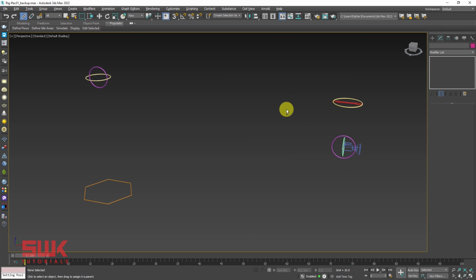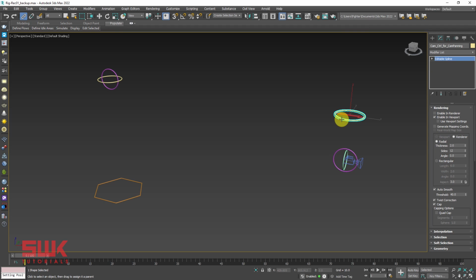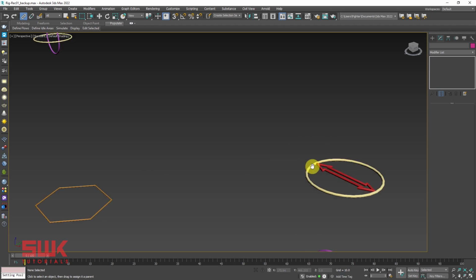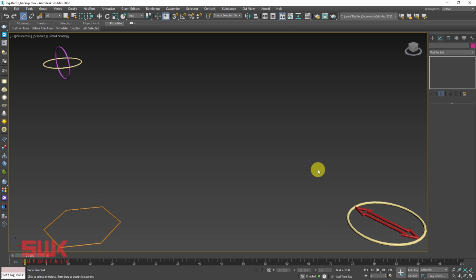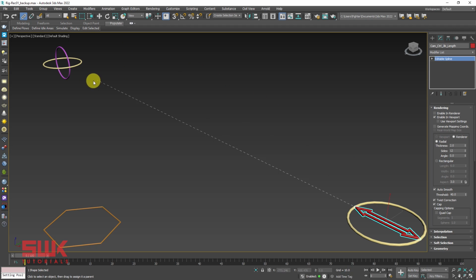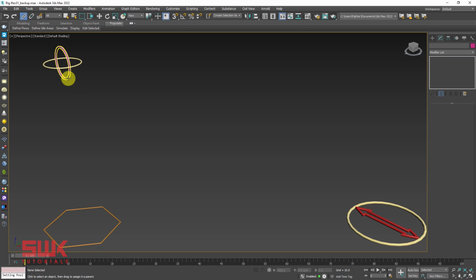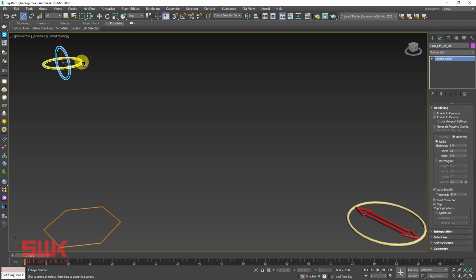Next, the next step is a little bit different. I will not link this object with this object. Instead, we have to link this pan control with the main control. Again, left click to deselect everything. Now, very carefully, left click on the length controller and drag it all the way to the tilt controller. You can see I am moving my viewports too so that I can easily select them. After this, left click on the tilt control and connect it to the pan control.